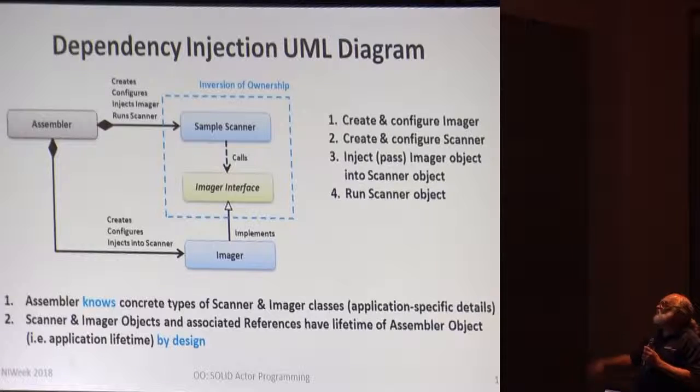Okay, so the important thing is that the lifetime of all the references created by the assembler object is the application lifetime. So if your actors or objects go out of memory, the references stay valid. This is really important for plugins. And it is just achieved by design, no extra code plumbing. So this is kind of simplicity in action.